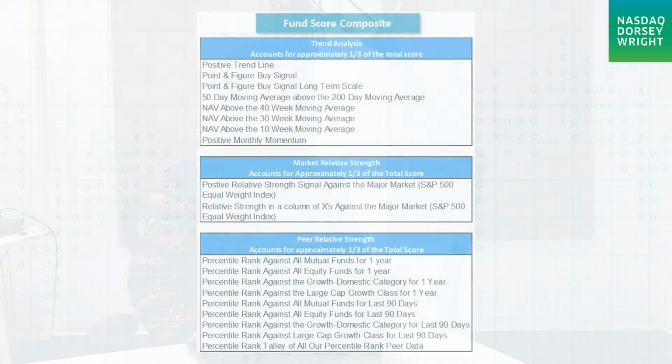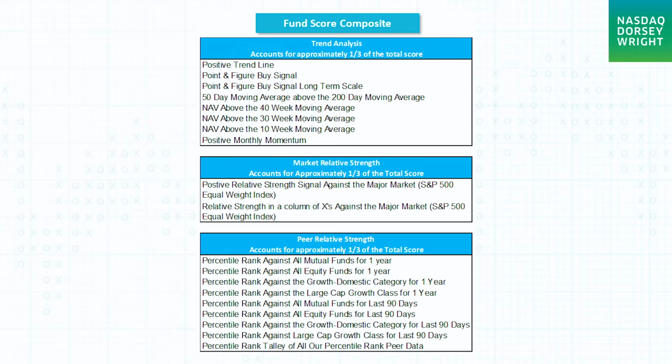Now, when we talk about taking the why and then moving it forward to, okay, how do we use these? What's one way we can simplify the process using the Dorsey Wright methodology, Will? Yeah, so several. So to begin, the way that we'll look at ETFs is looking at the fund score. And the fund score, as you're probably aware, is comprised of 19 individual components. So as we would say, that really takes into the technical weight of the evidence for the individual ETF. And it breaks out those 19 components into 3 broad categories, being trend, relative strength to the market, and then relative strength to the peer group.